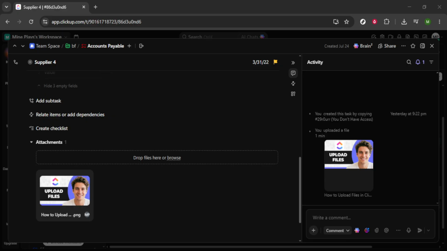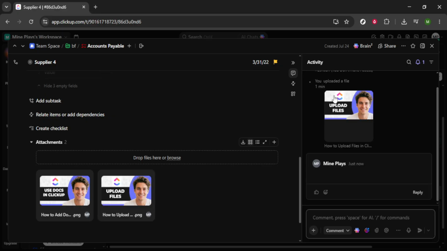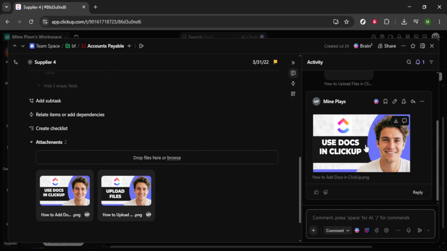Now don't panic if you accidentally upload the wrong file or realize you need to add more. ClickUp is flexible. You can always go back and upload additional attachments whenever you need to. The most crucial takeaway here is that you're not just adding a file,